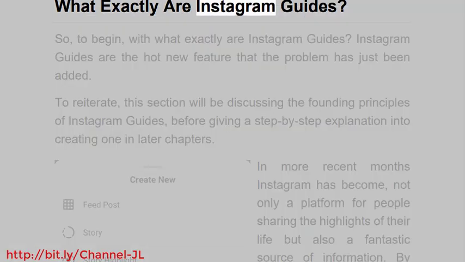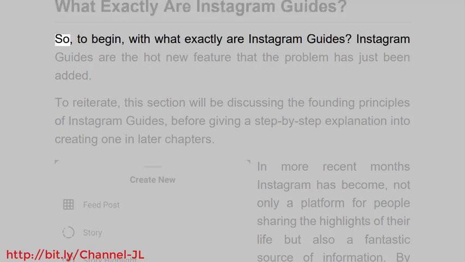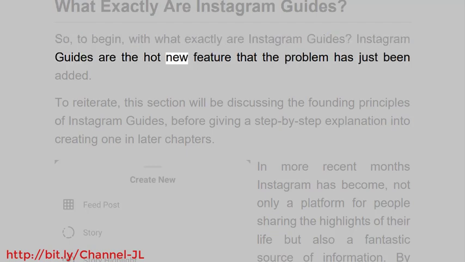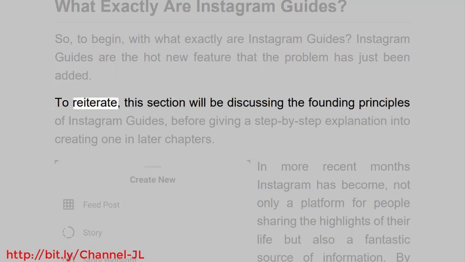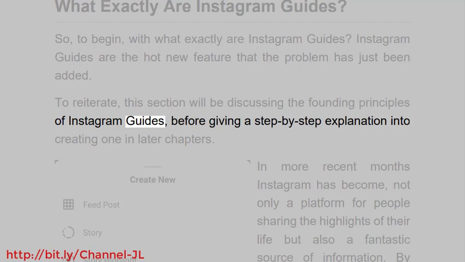What exactly are Instagram guides? So, to begin, what exactly are Instagram guides? Instagram guides are the hot new feature that has just been added. To reiterate, this section will be discussing the founding principles of Instagram guides, before giving a step-by-step explanation into creating